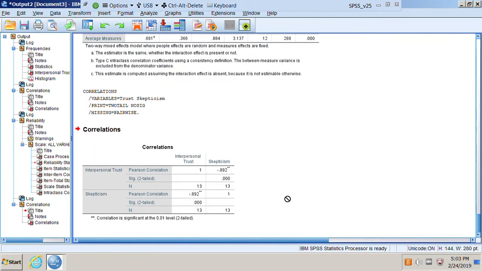Okay. So again, for correlation, the relationship between interpersonal trust and skepticism falls here. So this is the correlation coefficient that you would report. R equals negative 0.89, because you need to do 2 decimal places. But when you do your correlation, of course, you're going to get a different R variable. But this Pearson correlation